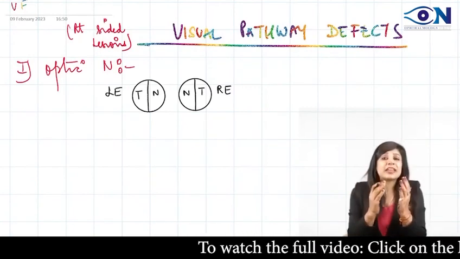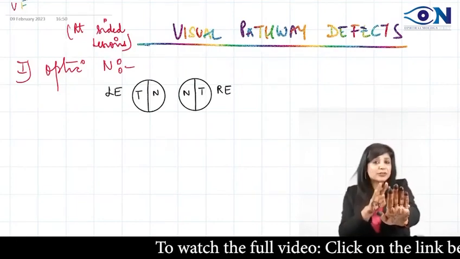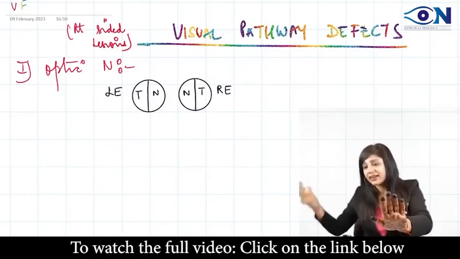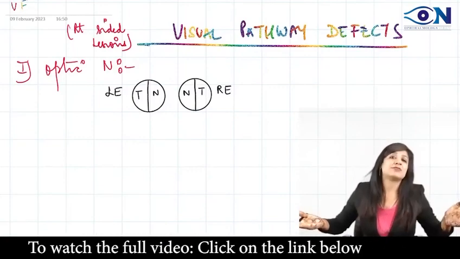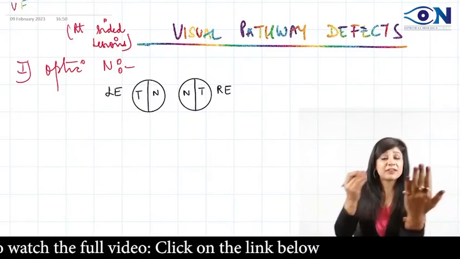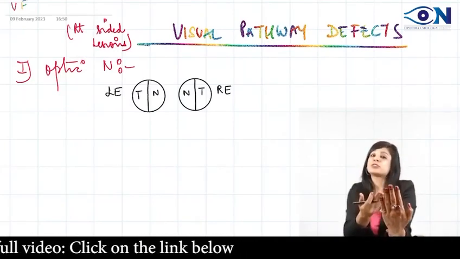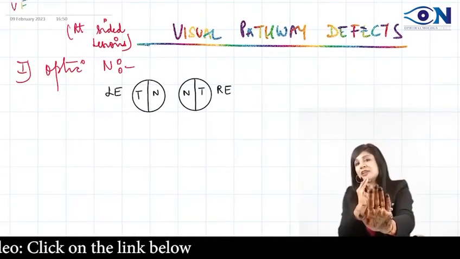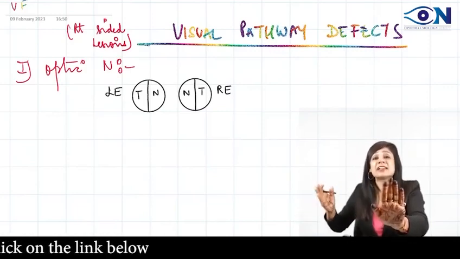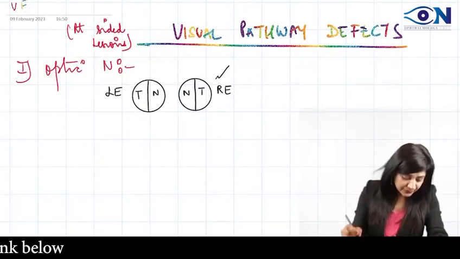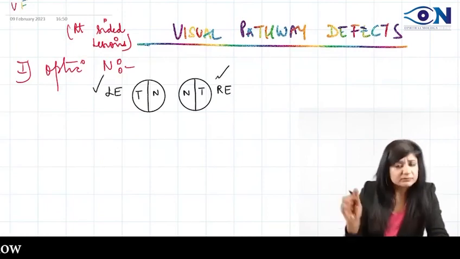Now when you read the visual defects, you have to take it as if it is your field. So your right side will be the right eye field and your left side will be the left eye field. When we examine, the patient is in front of me, so it is the opposite side. But when you consider their fields, then it is as if your own field. So your right side will be the right eye and left side will be the left eye.